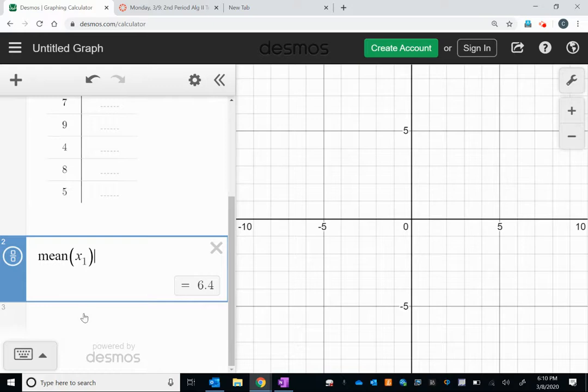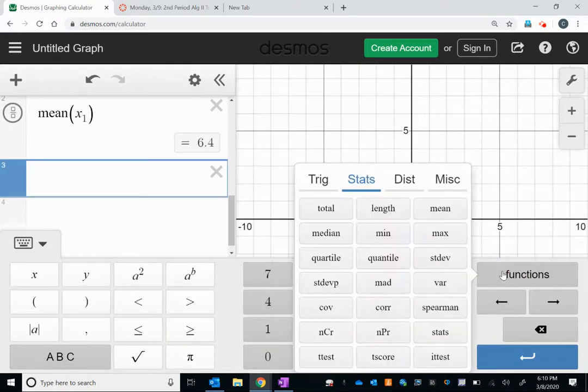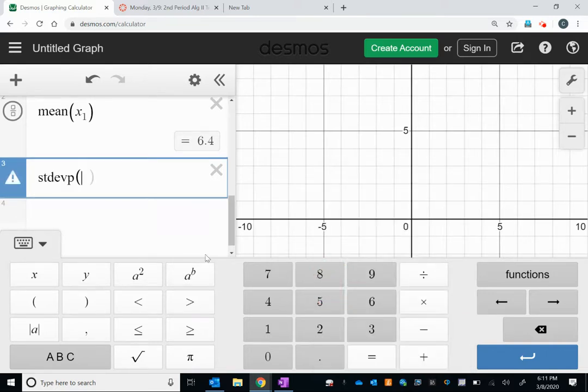So going back, now I want to calculate the standard deviation. So I'm going to go back to my menu. I'm going to go back to my stats menu. So you'll notice there are 2 options here. One says STDEV, and then the one down below says STDEVP. So because we already discussed that this is probably a population standard deviation, we're going to use the one that has P at the end for population. If we were looking at a standard sample deviation, we would be looking at the one without the P at the end. So I click on STDEVP, it opens a set of parentheses, and again, it's looking for me to